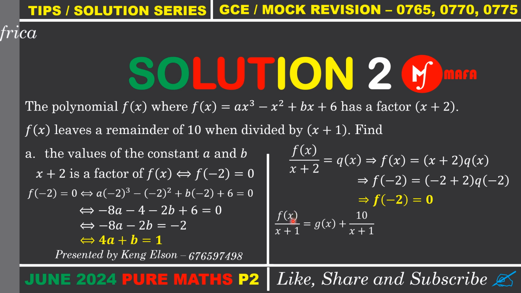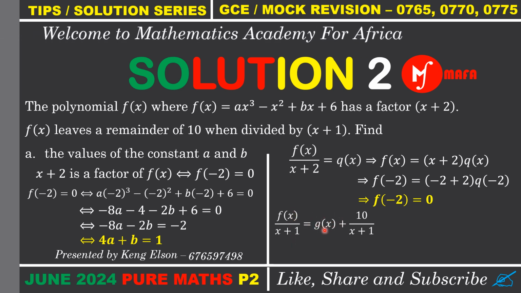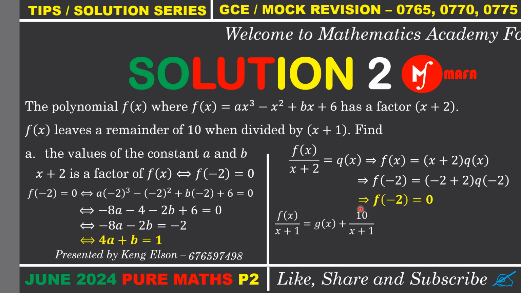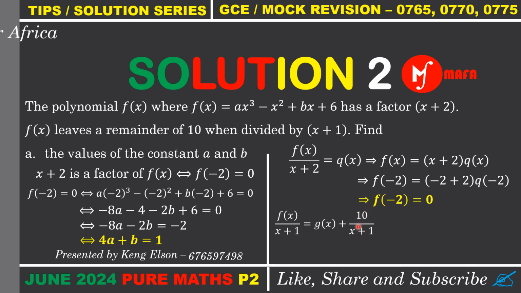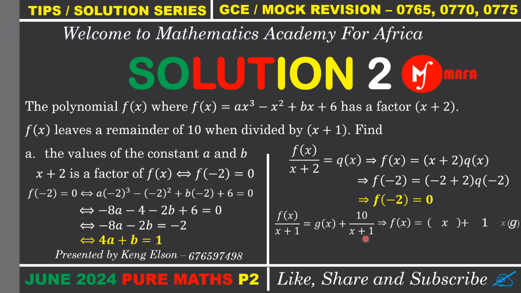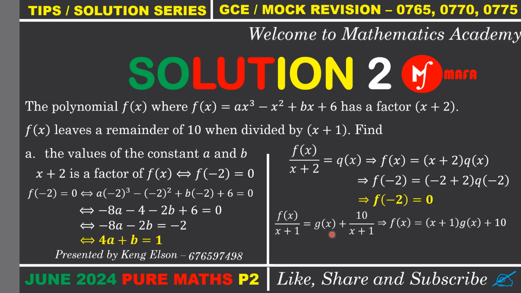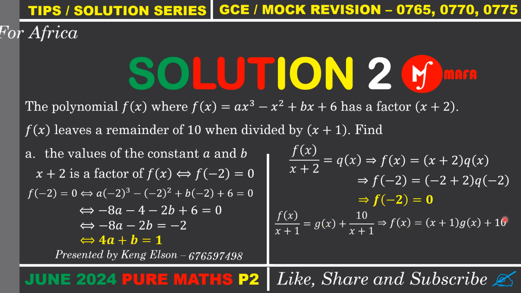Now f of x divided by x plus 1, we are going to have a new quotient. Maybe I can call it g of x plus what? The remainder, which is 10, divided by x plus 1. That is our divisor. This is just a rule I gave when I was writing. All right, so if you multiply both sides by x plus 1, what do we have? We have f of x is equal to x plus 1 times g of x plus 10,